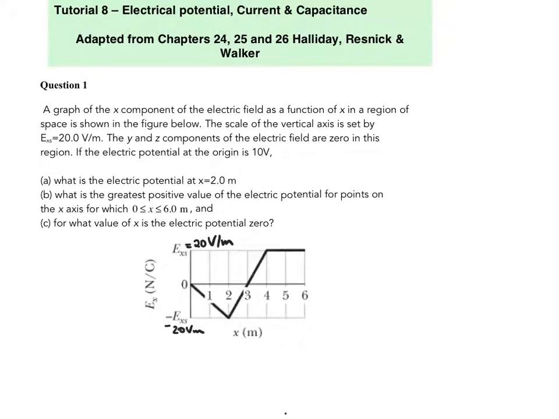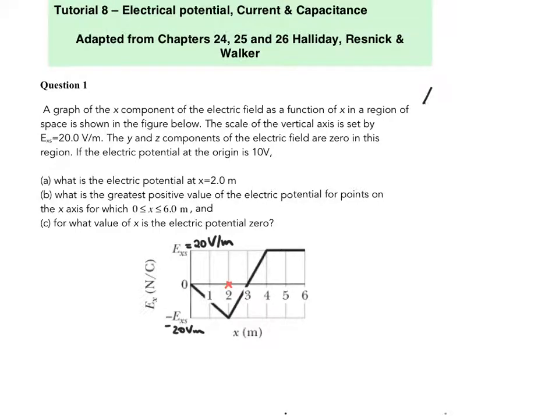We're asked to find the electric potential at x equals 2, so at this point here. And the greatest positive value of the electric potential for points on the x-axis less than 6 meters, and at what value of x is that electric potential? The equation that we're going to be thinking about to solve this, I'll write it up here,